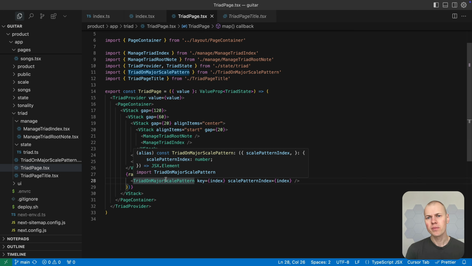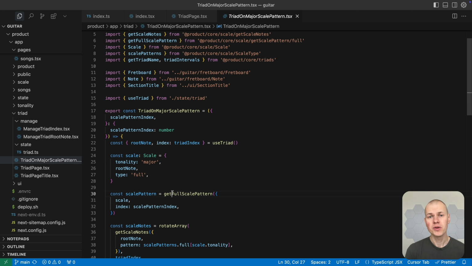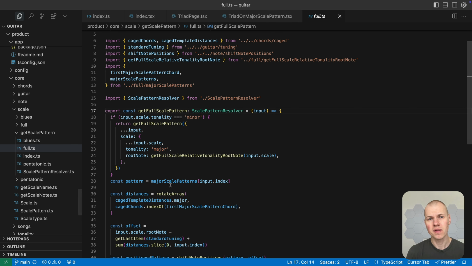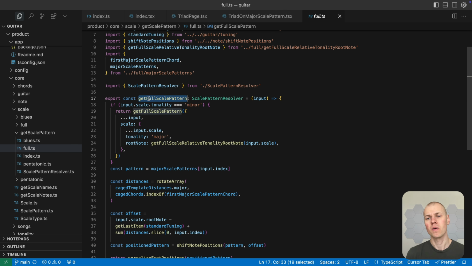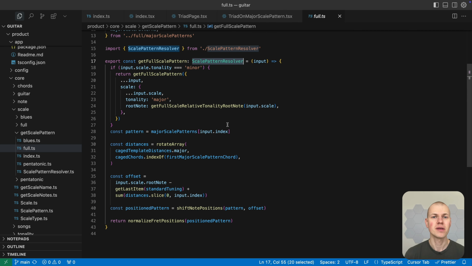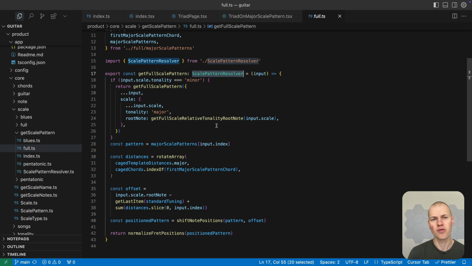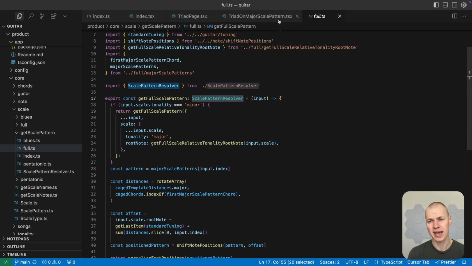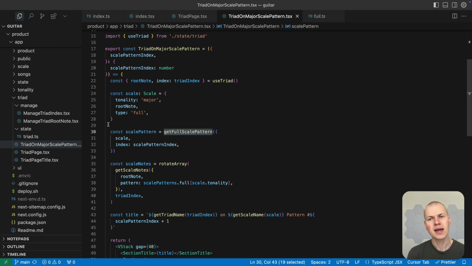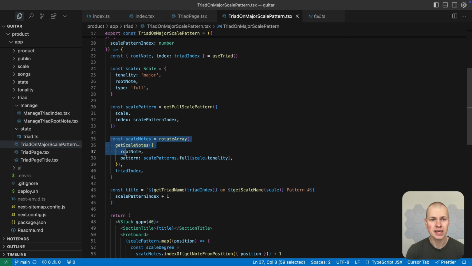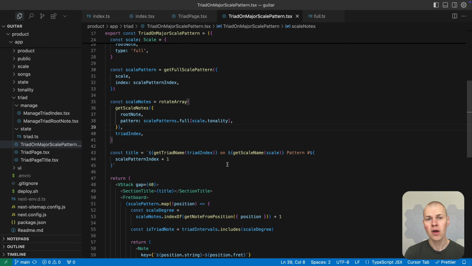The Triad on major scale pattern component visualizes how triads fit within each major scale pattern on the fretboard. For each pattern, it first retrieves the complete set of note positions using getFullScalePattern. Then it calculates the corresponding scale notes and rotates them based on the selected triad index. This rotation shifts our perspective to view the scale from the